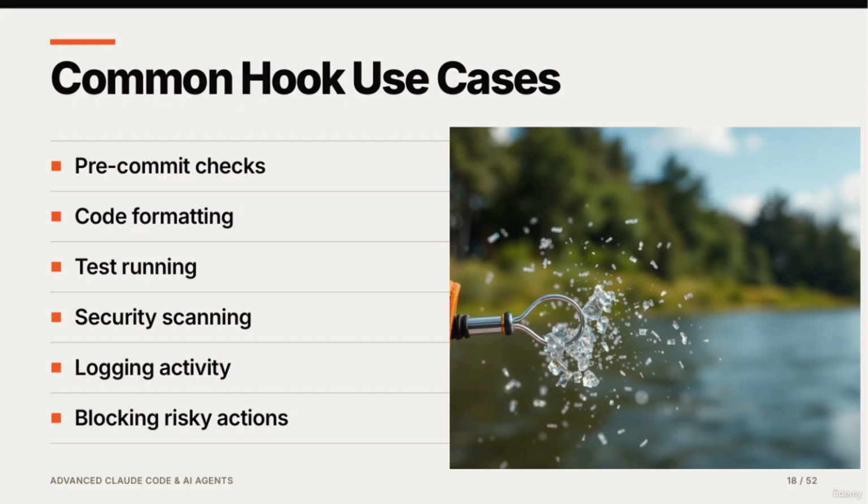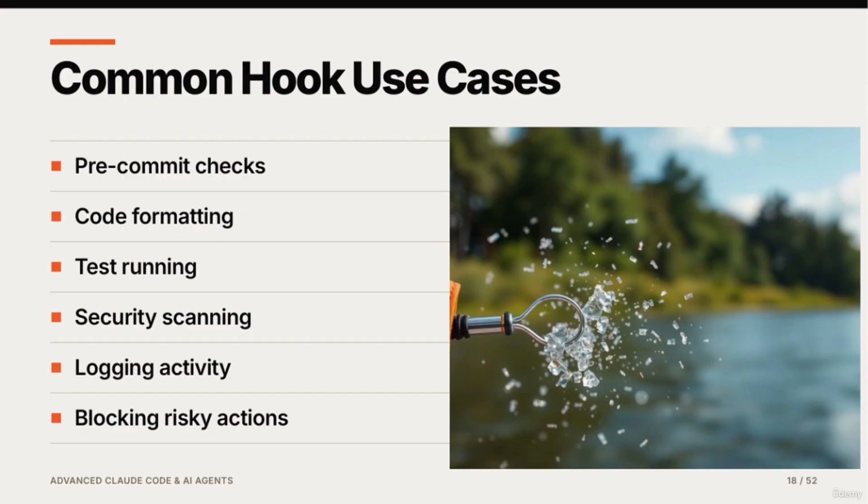Logging activity is important for transparency and auditing, so some hooks track and record actions taken during the development process. Lastly, blocking risky actions with hooks helps prevent potentially harmful changes, like pushing sensitive data or deleting critical files, from being executed. All of these use cases demonstrate how hooks can streamline workflows, improve code quality, and enhance security, particularly